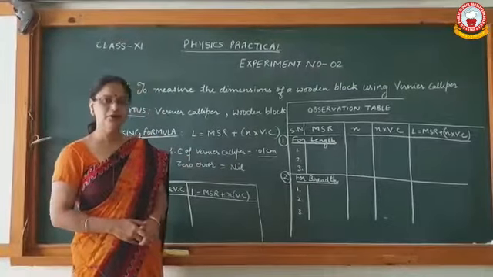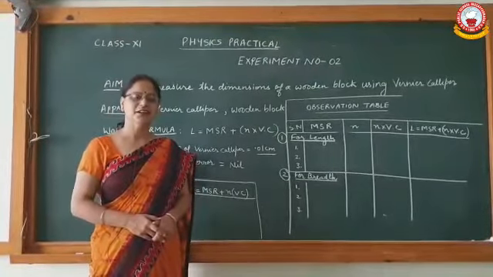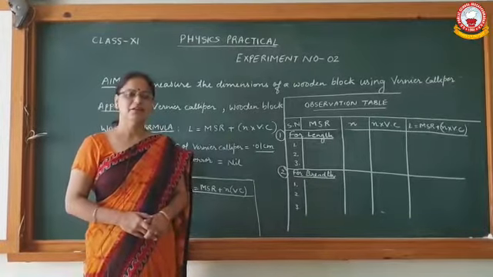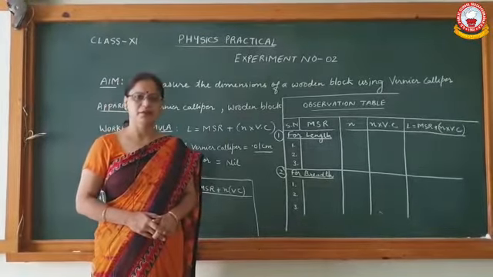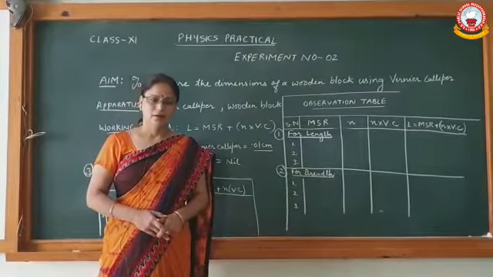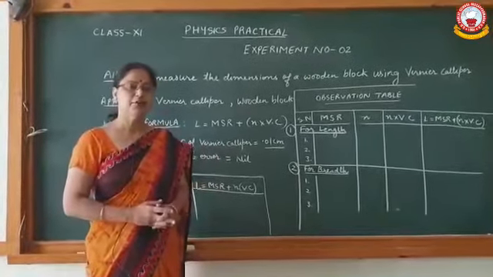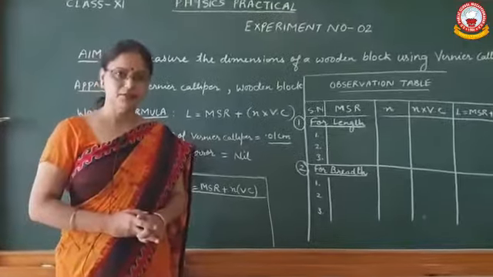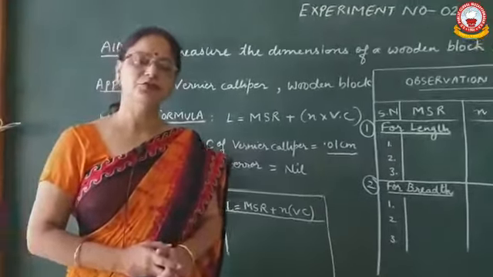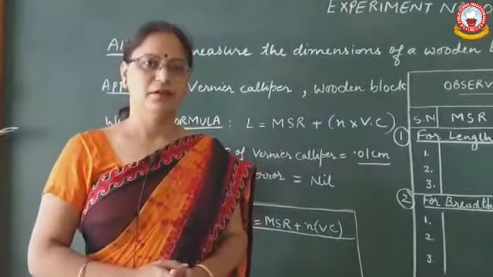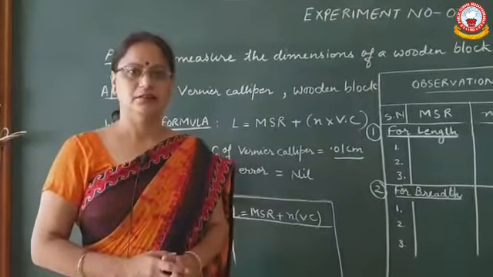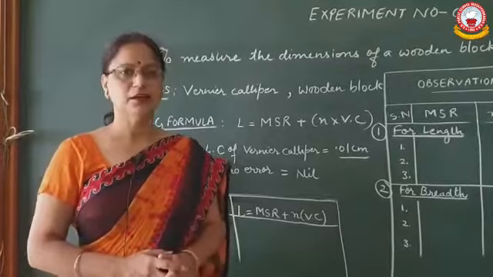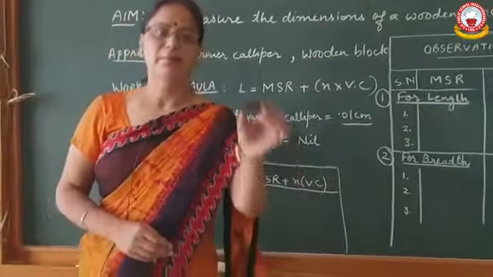I hope you have all completed the first practical explained by me, in which we determined the diameter of the bob using a vernier caliper. There I explained how to determine the least count, the zero error and how to use the instrument. This instrument can be used to measure different lengths, and today we are using it to determine the dimensions of this